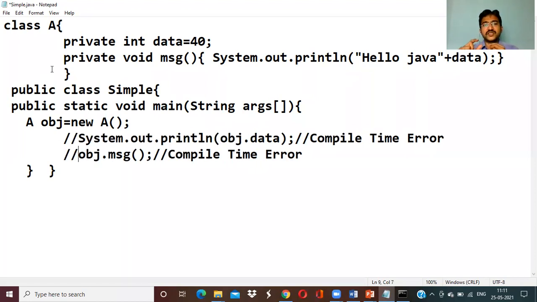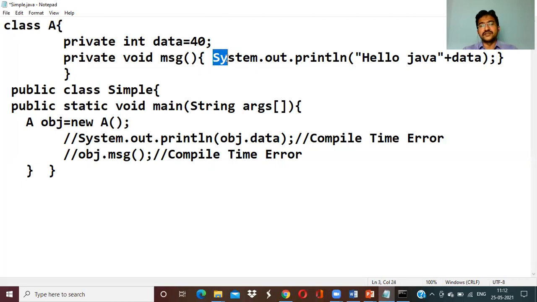Because as I have said, private access specifiers can be accessed within the class. Within the class, if you want to access the data or the method, you can access it. Here itself, with System.out.println, you can access the data within the class. If you want to display a message here, but you are going to access it in this program, we are going to call the method from a constructor here.